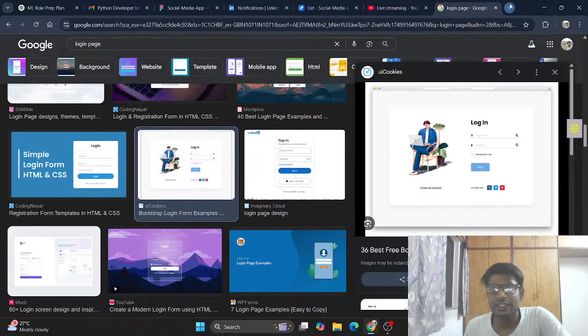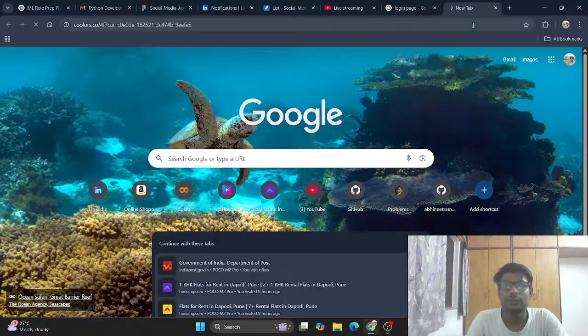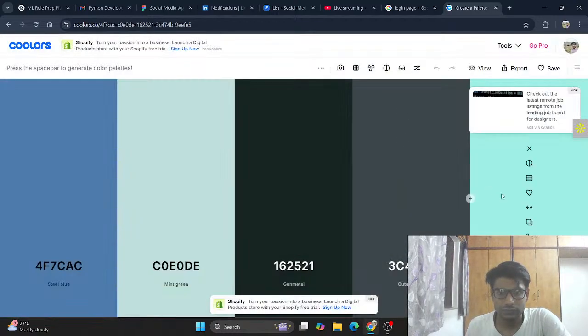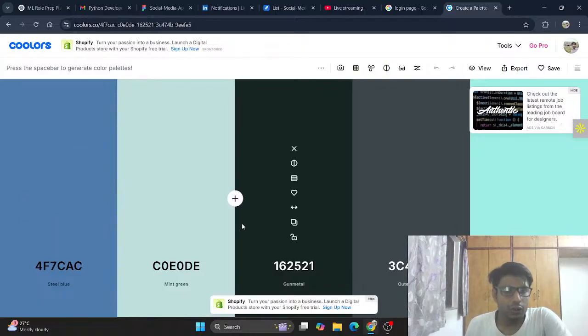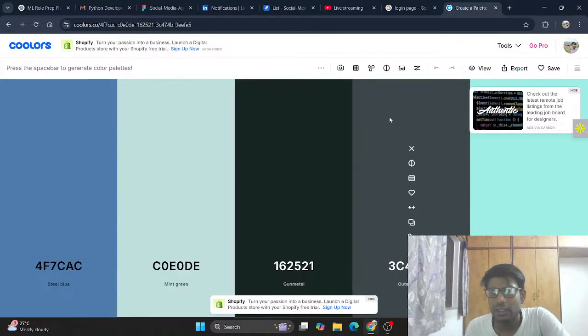And for color combination, let's get back to Coolors. So I want to go with this color theme. So what should a background look like? I guess this could be better. These two. This could go in, or let's suppose